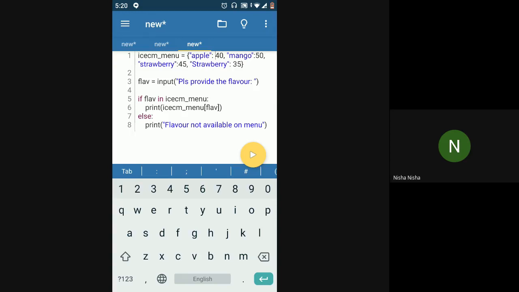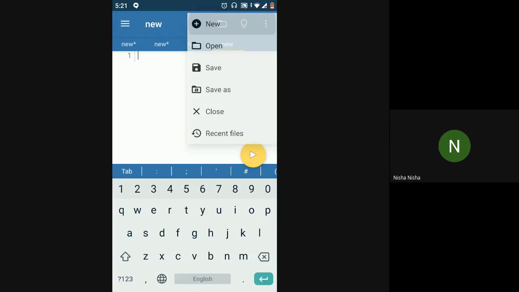Okay, so in a normal dictionary, you will have a key value pair wherein the key and the value can be of any data type. But if you have a dictionary in which the value is again a dictionary, then that would be a nested dictionary. So yeah, let's see an example of that.